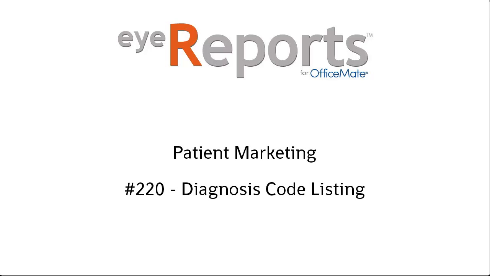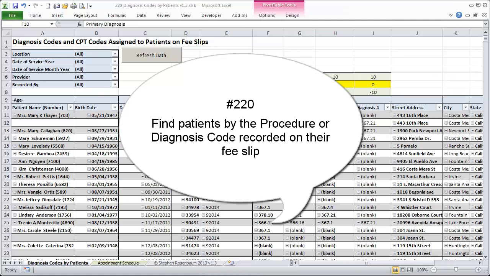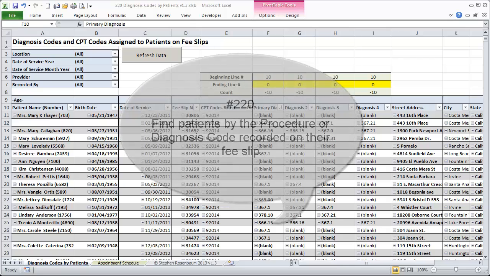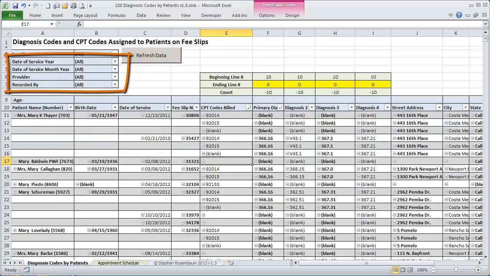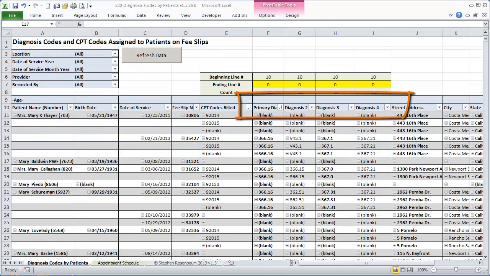To find your patients by a specific diagnosis or CPT code that was recorded on a fee slip, open eyeReport number 220. Select the period, whether date of service, year, or month. There are 4 diagnosis codes that can be entered on a fee slip. Since you don't know whether the code was in the 1st through 4th, perform these steps for each code 1